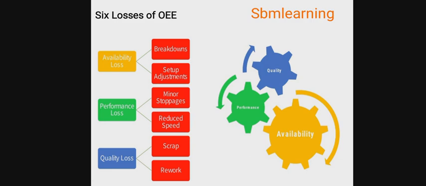And what is reduced speed? Every company has a validated speed, or we can say rated speed. We get a design speed from the OEM. What is OEM? Original equipment manufacturer. So from the OEM we get a design speed, but we validate it at our end, to see how much speed gives us a good output in a good amount.